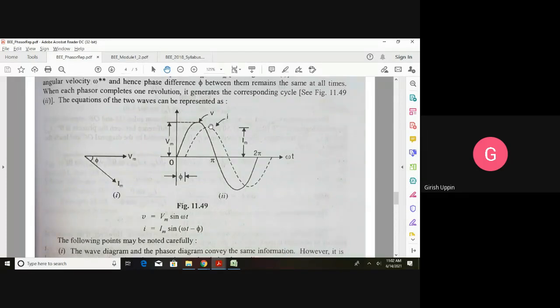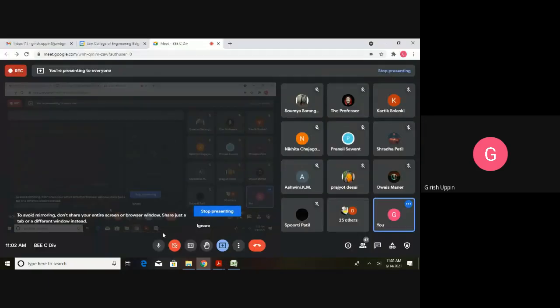And if you want to see the peak value, if this is shifted by 30 degrees, the peak value will also get shifted by 30 degrees. Instead of at 90 degrees, it is 90 plus 30, 120 degrees. So if I put 120 degrees here, that is when you will see the peak. 120 minus 30 is 90, sine of 90 is the maximum value 1. I is equal to Im. Any questions? Any doubts here? If you understand this, then the next module will become very easy.